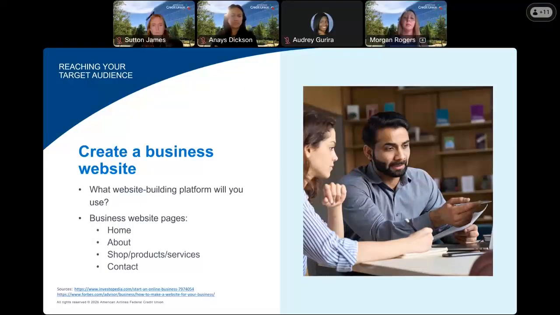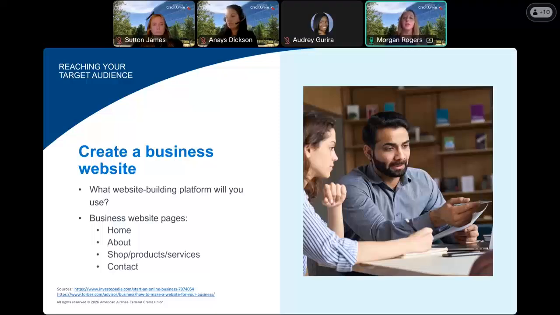Here on the screen, there is just a simple rundown of the different basic pages for your website that you should have for your customers to interact with you. So the homepage, which should consist of a rundown of your small business with an action button that can direct customers to where they want to go. Also include an about page, so customers can get to know the business owner. What's the business all about?